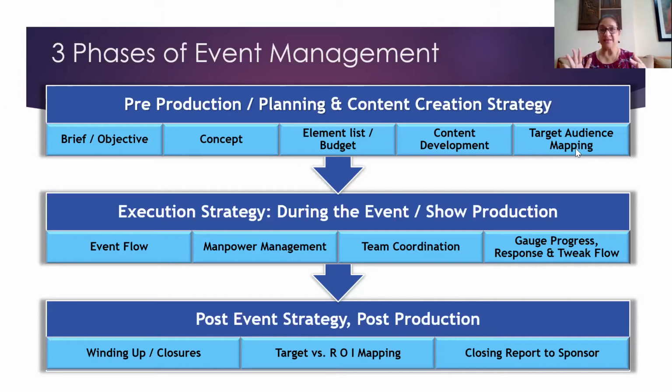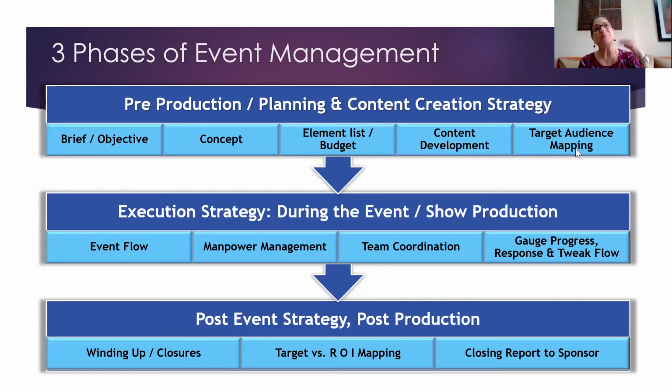Meaning now, if your event is planned, say, 2 months down the line, and you have to start planning. So in that conceptualization, in that element list, etc., you have booked your venue, you have done your work sourcing out different areas, venues, vendors, etc. You've done your homework. That is all the pre-production stage, and it is huge, mind you. It's a proper, full, another big lecture in that, but we have to go as per this phase right now. Next comes your during-the-event and the show production time, where you have come to that stage now that you will say, okay,